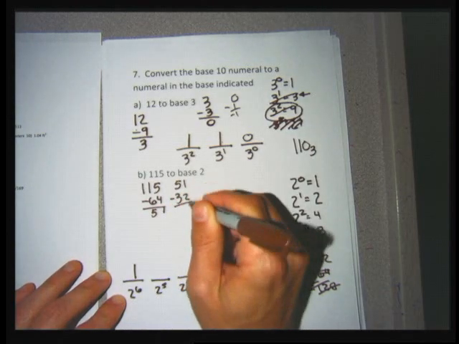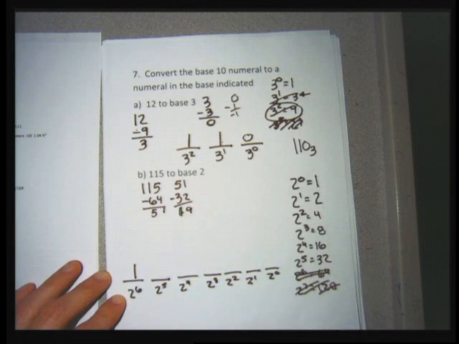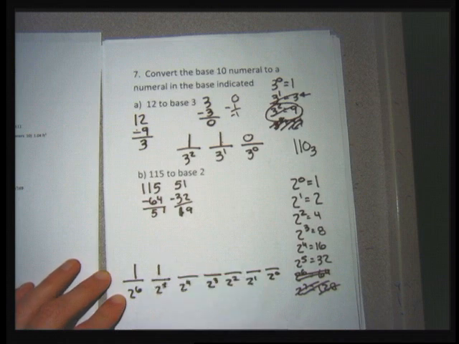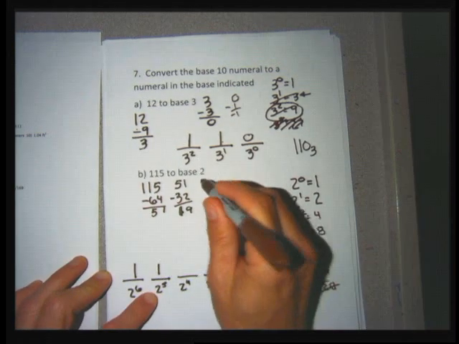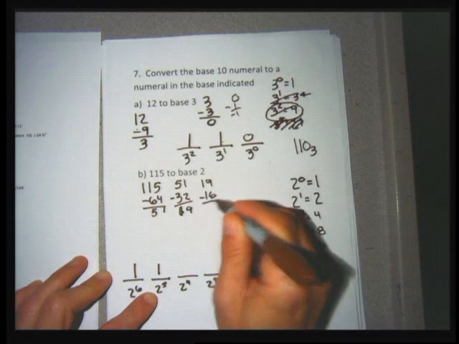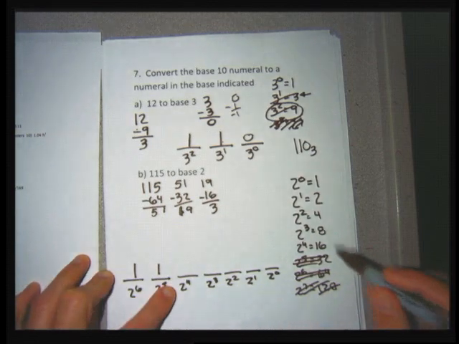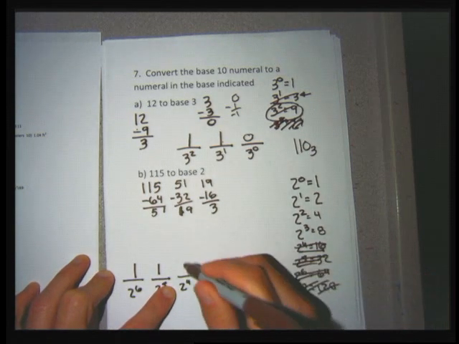51 minus 32 is 19. If I try to subtract 32 again, I'd get negative, so I was only able to subtract 32 one time. So above the 2 to the 5th, I write a 1. And now I'm going to start subtracting 16. 19 minus 16 is 3. If I try to subtract 16 again, I'd get a negative, so I was only able to subtract 16 one